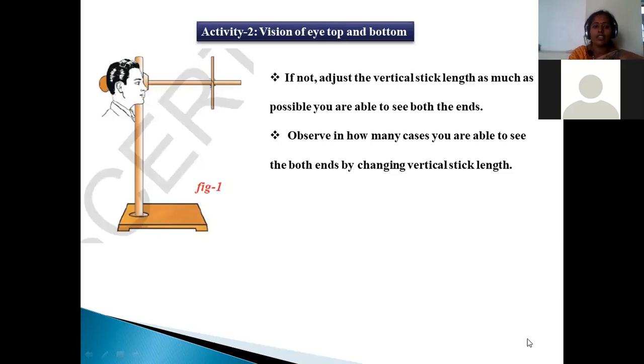Here we are taking the retort stand, and it is fixed with a horizontal rod, and one more vertical rod is fixed. Initially, we are fixing the vertical rod of 30 centimeters length. Here one human being is kept under observation, whose vision is parallel with respect to this straight horizontal line. Either wooden or plastic pipes can be taken in order to measure the angle of vision.